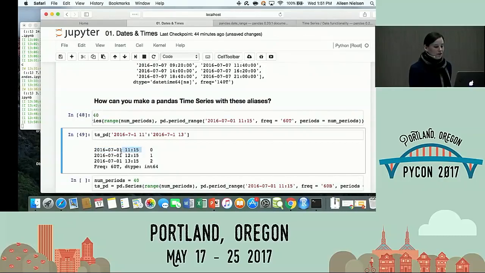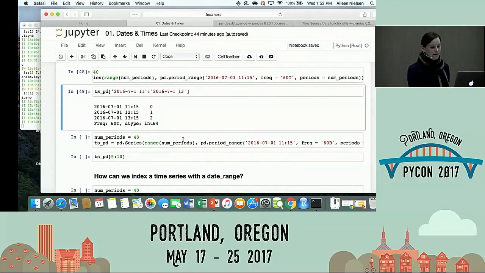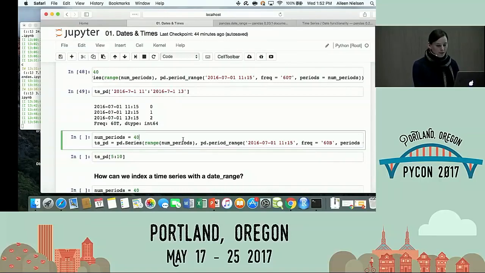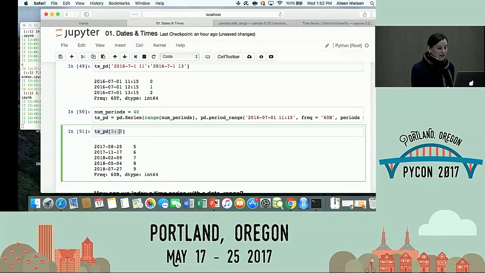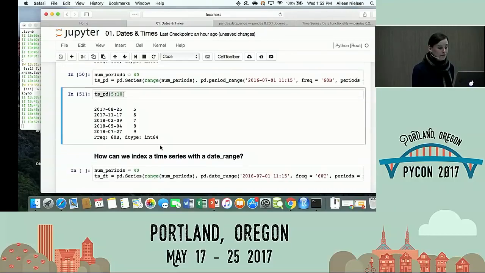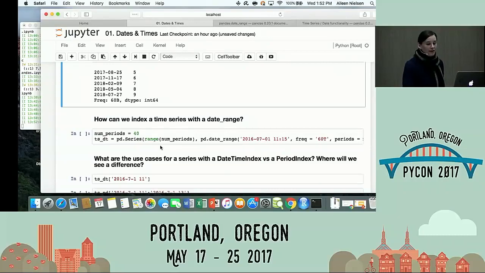So I've got July 1st, 2016, 11:15, the value was 0. July 1st at 13:15, the value was 2. I now get all that nice pandas functionality, for those of you who are comfortable with it, with time. I can do the same thing. Now I'm going to do one that would normally be really messy. I'm looking at 60 business days at a time, and again, I can just index with time, right? I can now know that my values correlate to a particular time interval, right? So like 8/25/2017, it was 5 for the next 60 business days. That's the interval.